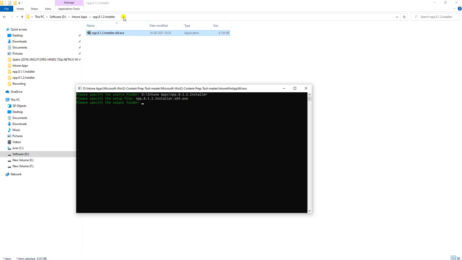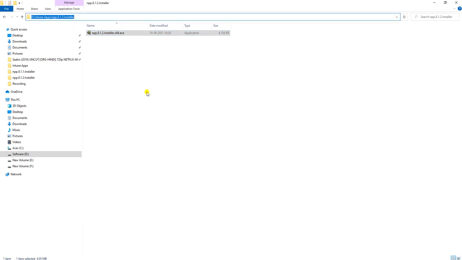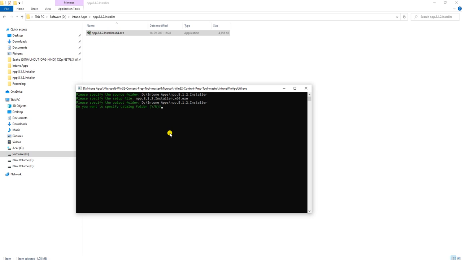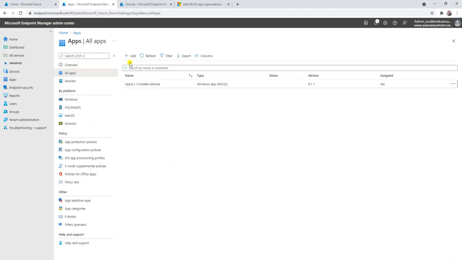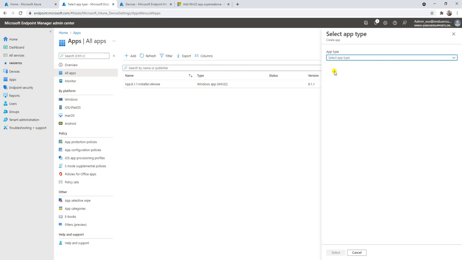Now it asks for the output folder where you want the output, and it asks yes or no, so I'll put yes. Then it asks to specify the catalog folder, and my catalog folder would be the same. Now my package got created for Notepad 8.1.2. Let me go to the Intune console and create this app first.